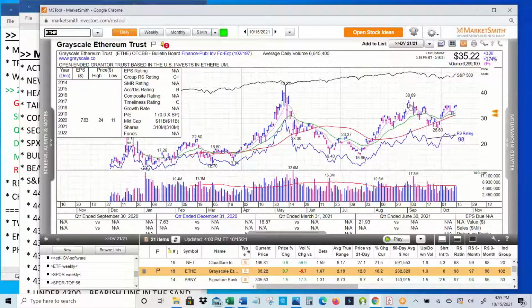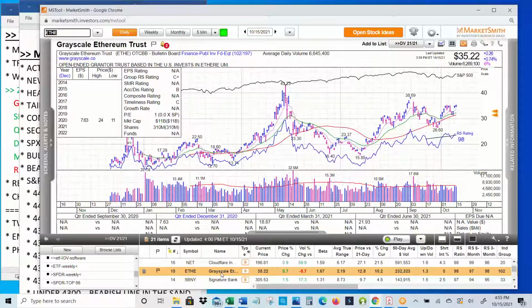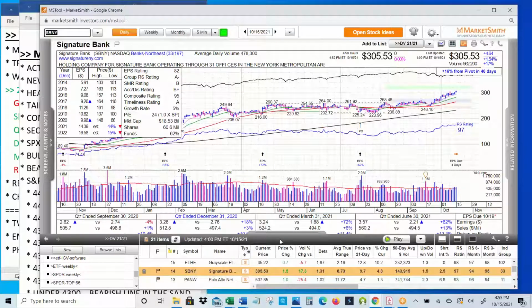Here's Ethereum, pulled back at the top of this nice consolidation that it's had over the last 4 or 5 weeks. GBTC is a little bit stronger, and apparently they're going to approve a futures-based ETF next week. That gave Bitcoin a little bit of a spike, but you can see the relative strength over the last 3 weeks on Bitcoin. But ETHE is what we've got in the 21 over 21 list, and that might change next week. SBNY,